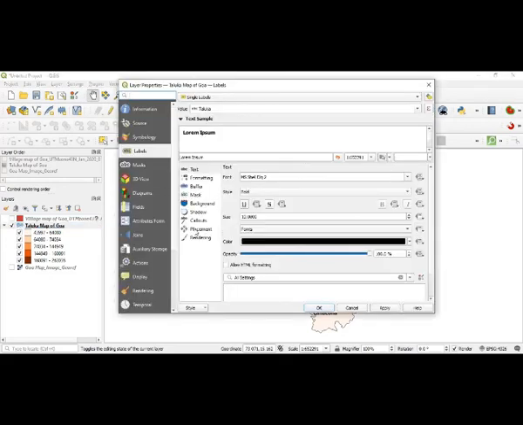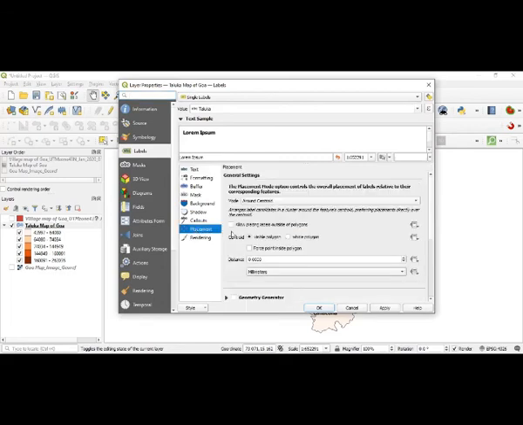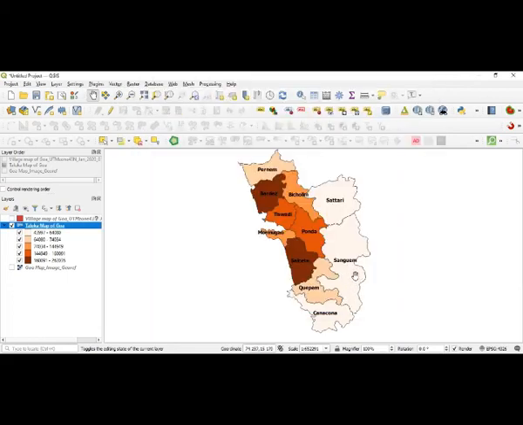You can set there is a placement. When you go for the placement, Centroid is there, Visible Polygon is there, or Whole Polygon is there. If I take Whole Polygon and see what it is going to show, now you can see that it is somewhere in the polygon itself.